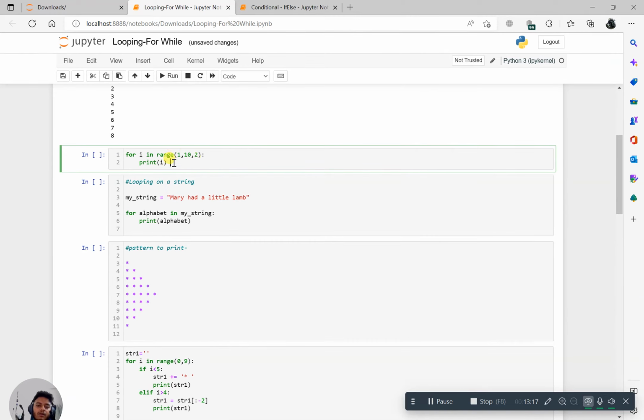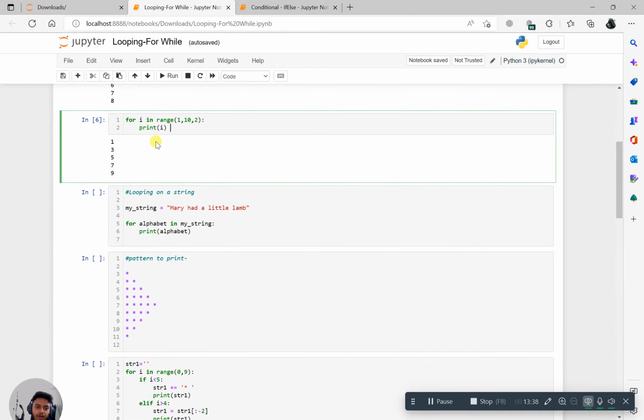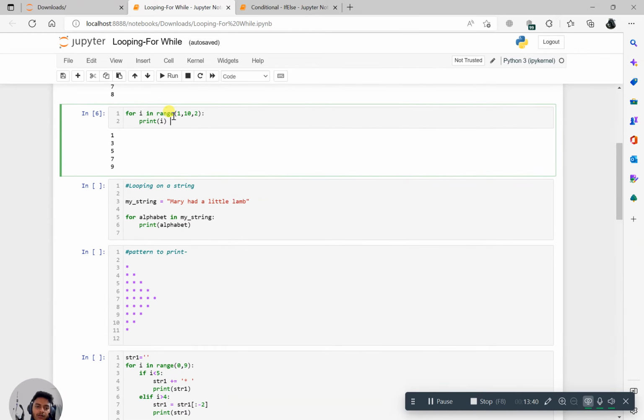So it will print out every odd item in the range between 1 to 10. So it will start with 1, skip 2, then 3, skip 4, then 5, skip 6, then 7, and like that it will be printing out every odd item in between this range. Okay,